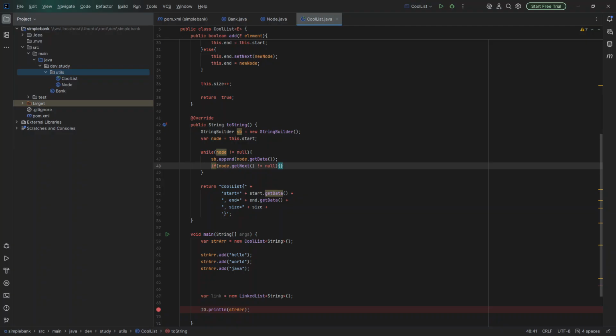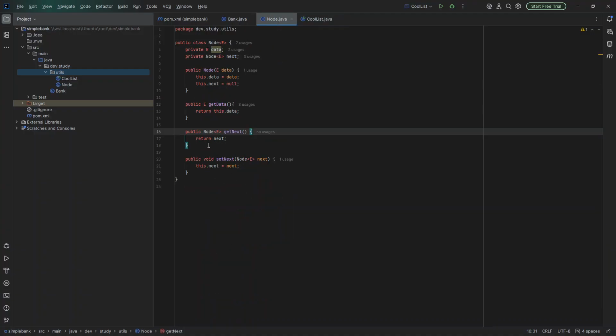So I would check if it has next. I would have to create inside the list a method to check if it has a next element. You would receive a node. No, actually, you couldn't receive a node. You would receive a node and check if it has a next element. But I would need, I don't think it's going to work. I would need to implement it. Actually, I could implement this in Node here. Instead of getting next, I can just